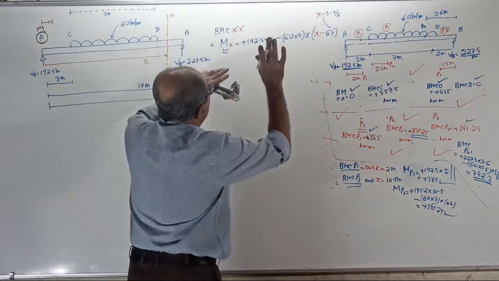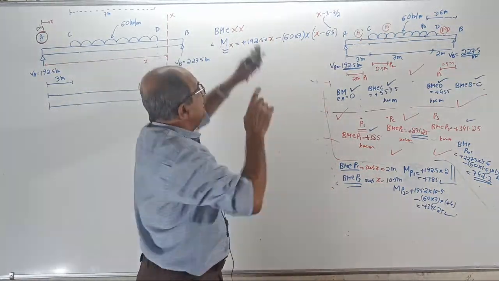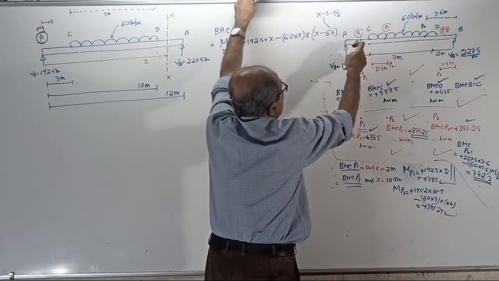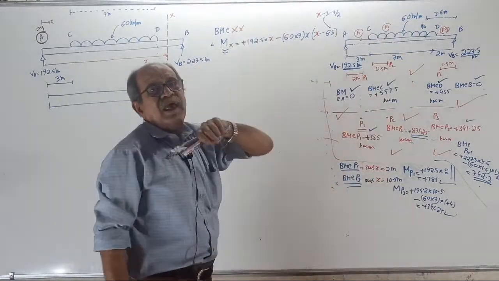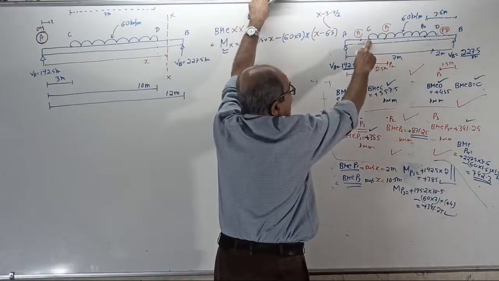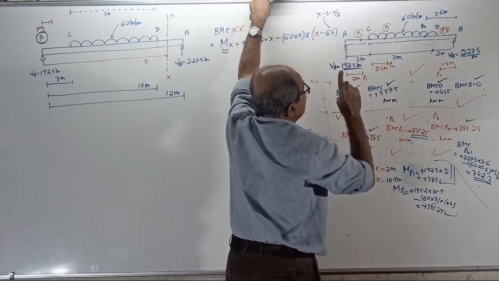See, now, this equation gives correct BM at all the standard points and also anywhere between A and C or D and B. Why? Their UDL is not there. But it gave correct answer even at C, and even at D also. Reason, see,